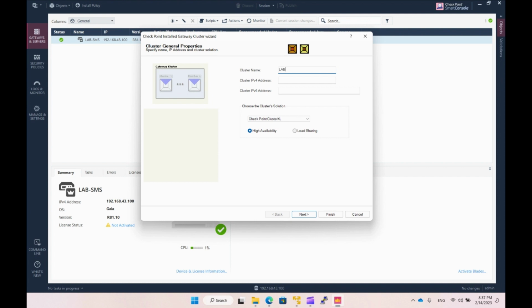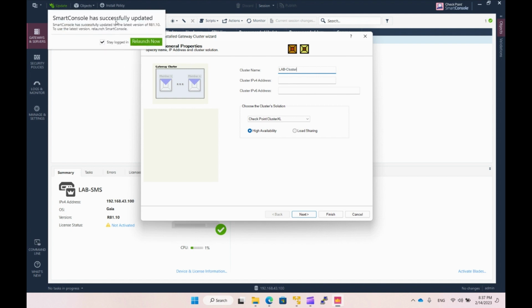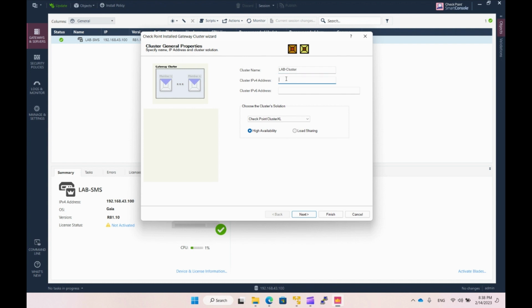Cluster name. Let's make it our lab cluster. Okay, it updated SmartConsole. Now I want to just continue with our lab. We need to specify the cluster IPv4 address. The cluster IPv4 address shouldn't be confused with the cluster management address or anything like this. The cluster IPv4 address is the address of the main cluster interface, which is usually available for connection from outside of our network to this cluster. And usually this main address is referred to when we configure a VPN or remote access VPN. So that's why here I will specify